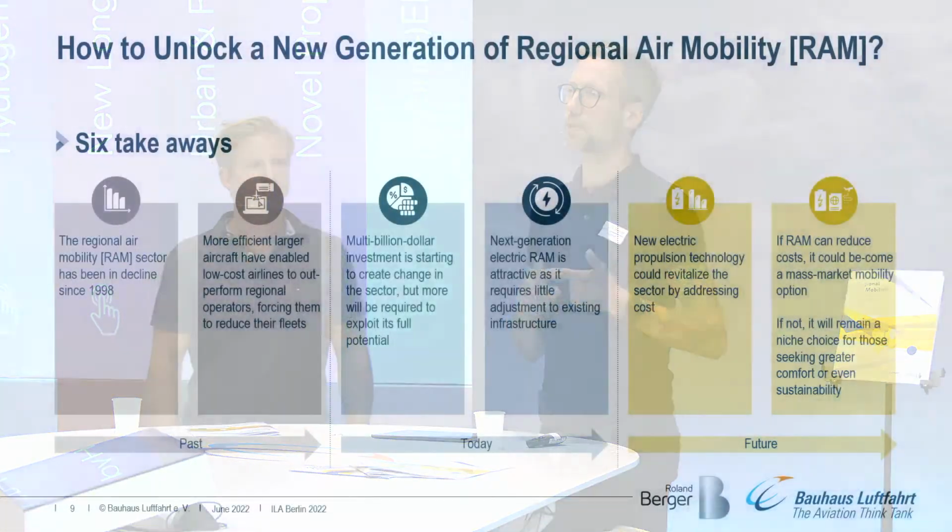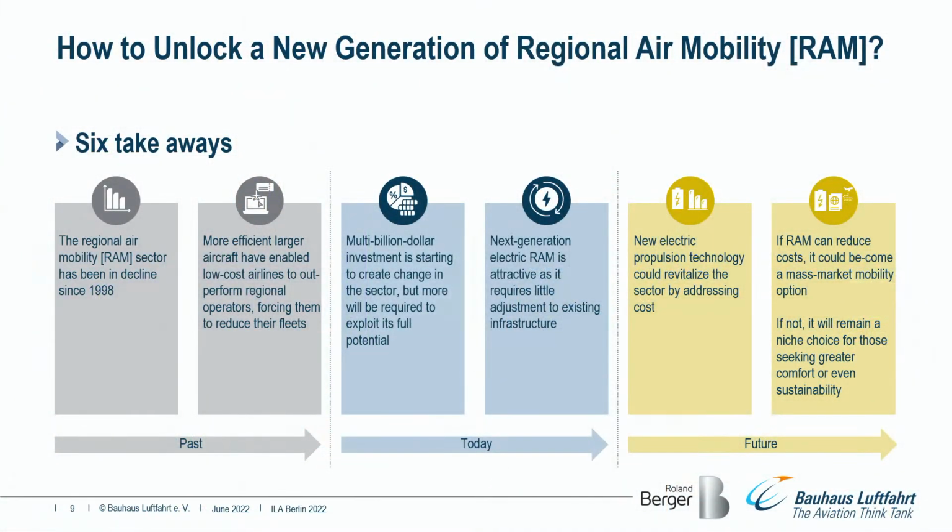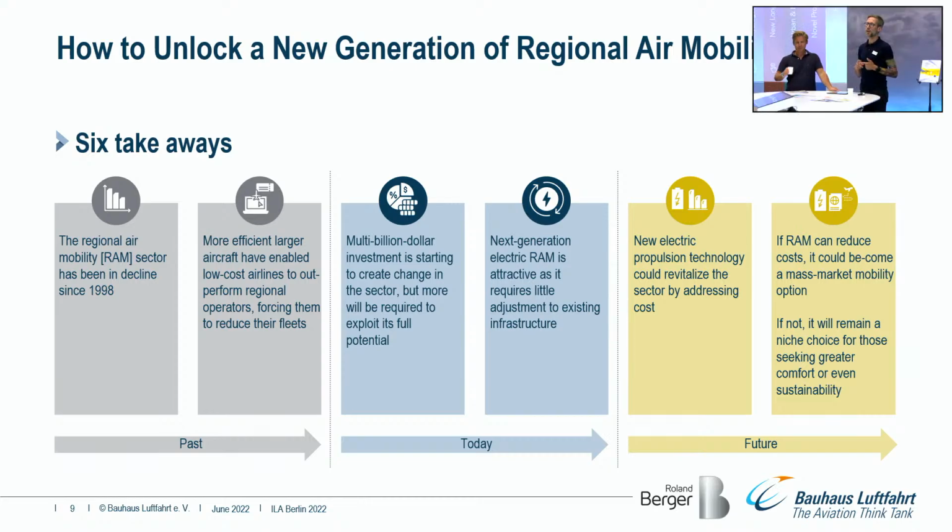So the first takeaway you should take with you is, since 1998, this market is declining. The second one is that this decline happened because this regional air mobility market was operating on smaller aircraft, which were less competitive on an operating cost basis compared to larger aircraft, like the 50, 60, 100-seater aircraft also operated by low-cost airlines. So this was the reason why this is declining. And if you look at